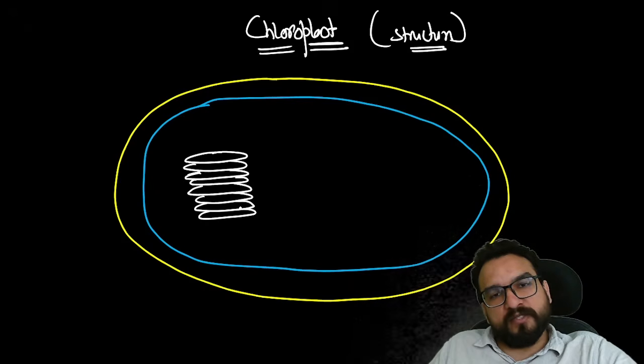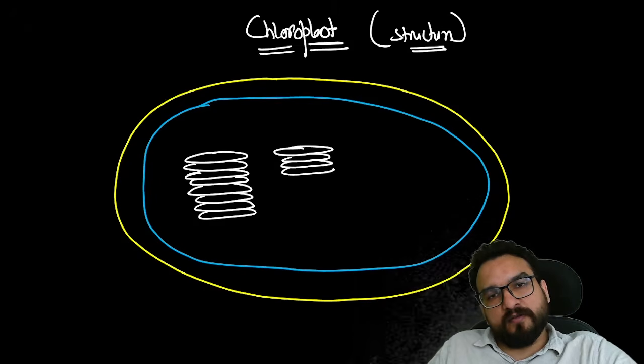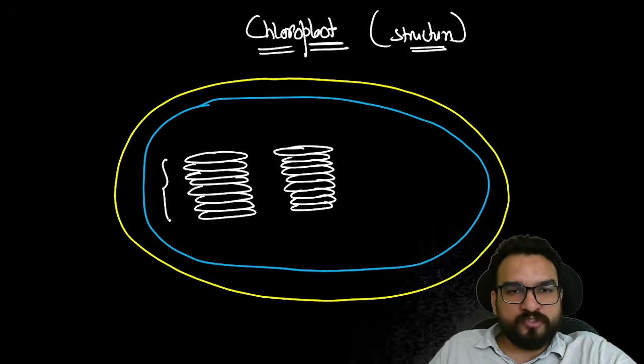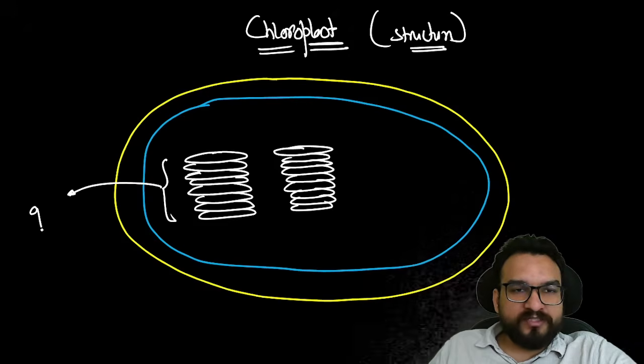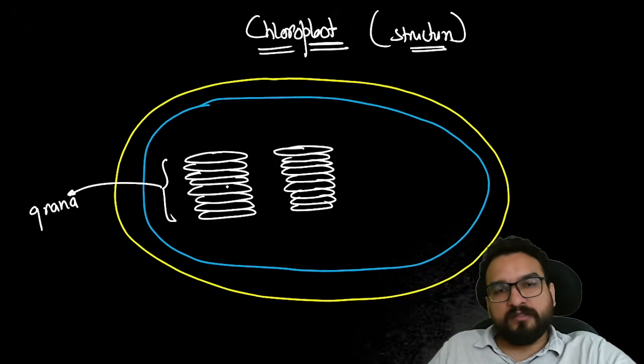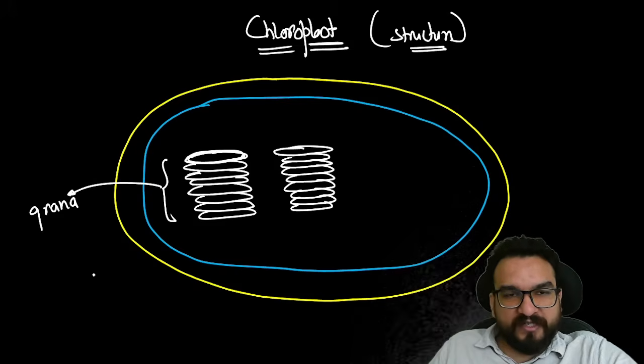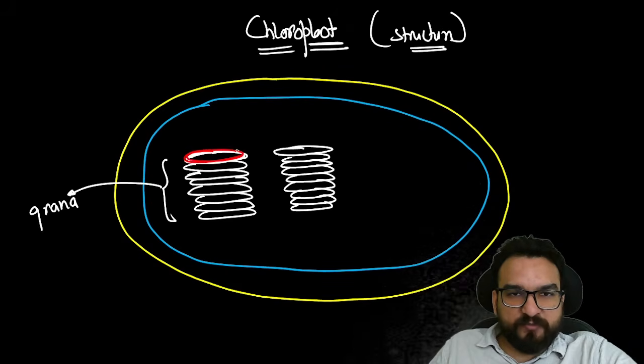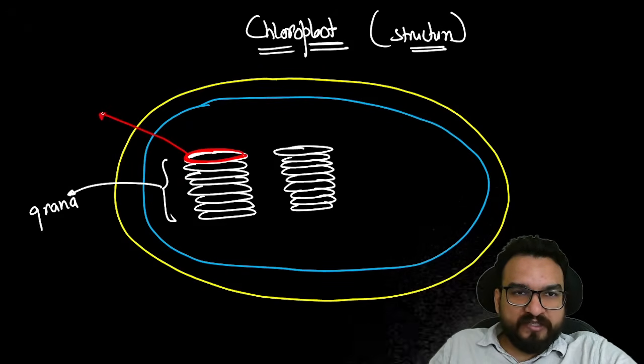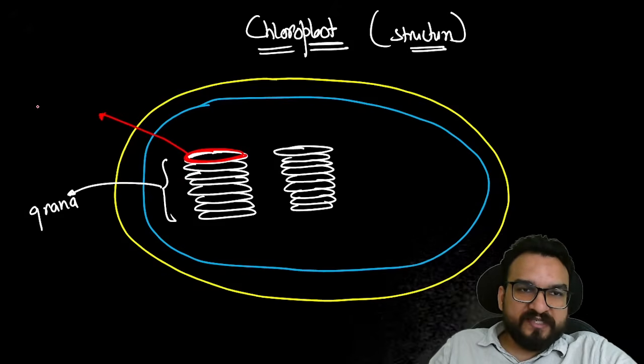Very, very important things you are finding over here. This is the zoomed picture, right? A lot of things will be present over here. And this unit as a whole is called a grana. Out of this, one disc-like structure which you are seeing over here, if I take it out, I am highlighting the disc-like structure. If I take it out, you will find that this is known as thylakoid.